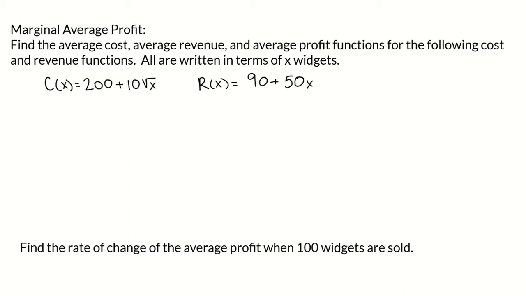And then later on, we're going to find the rate of change of the average profit when 100 widgets are sold, or the marginal average profit of selling 100 widgets. So first, let's find the average functions. So those are going to be C bar of X, which we get by taking the cost function, C, and dividing by X. That's going to be